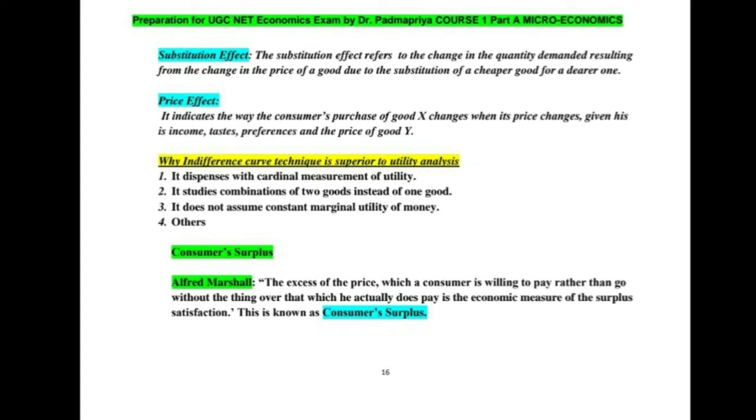Okay. Now we have a very important theory, the revealed preference theory of demand, given by Paul A. Samuelson, the great economist. It is considered to be the most superior because it does not involve any psychological introspective information about the behavior of the consumer, nor does it make use of dubious assumptions like the law of diminishing marginal utility or other concepts. The overcompensation effect concept given by Samuelson is more realistic than the compensating variation concept given by Hicks.